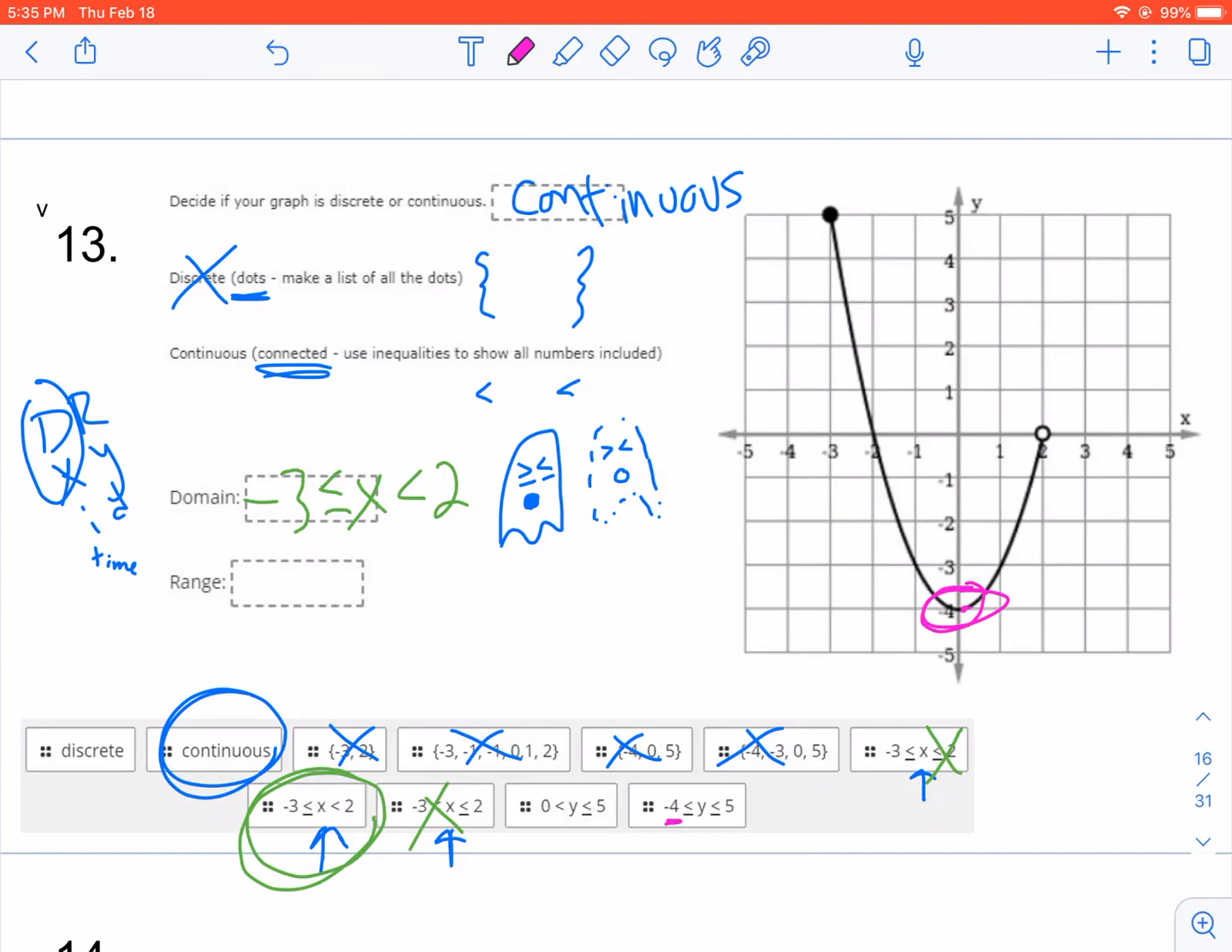What is the highest that this goes? All the way up to right up here, a +5. And the solid line is our solid ghosty right here. And our solid circle, again, is our solid ghosty. So we need or equal to on both of those choices. So the answer is -4 is less than or equal to y for range is less than or equal to 5. As you do the next question on your own,